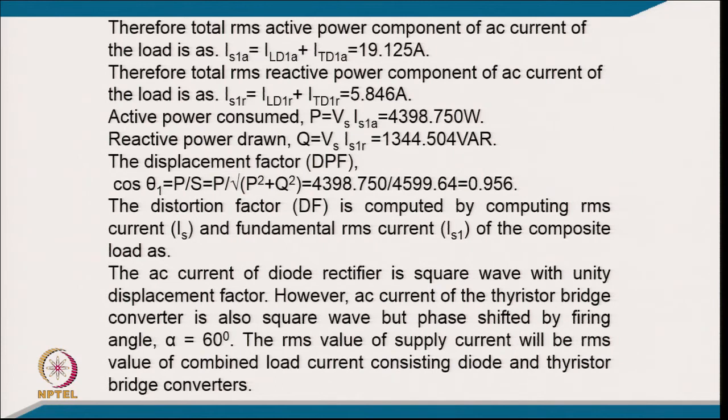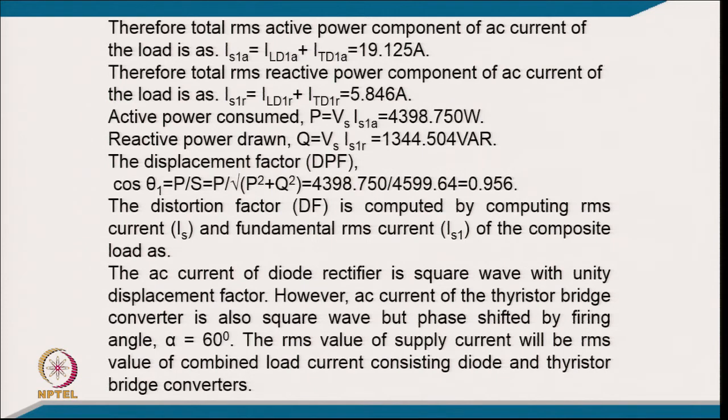Therefore, the total active component of the AC mains current will be the sum of both, so that is 19.125 ampere, and the total reactive component: the diode rectifier draws 0, so it is only 5.846. The total power drawn from this fundamental active current is 4398.75 watt, and the reactive power is 144.504 VAR. Now the displacement factor, from P upon S, from P and Q you can find out. So, that comes